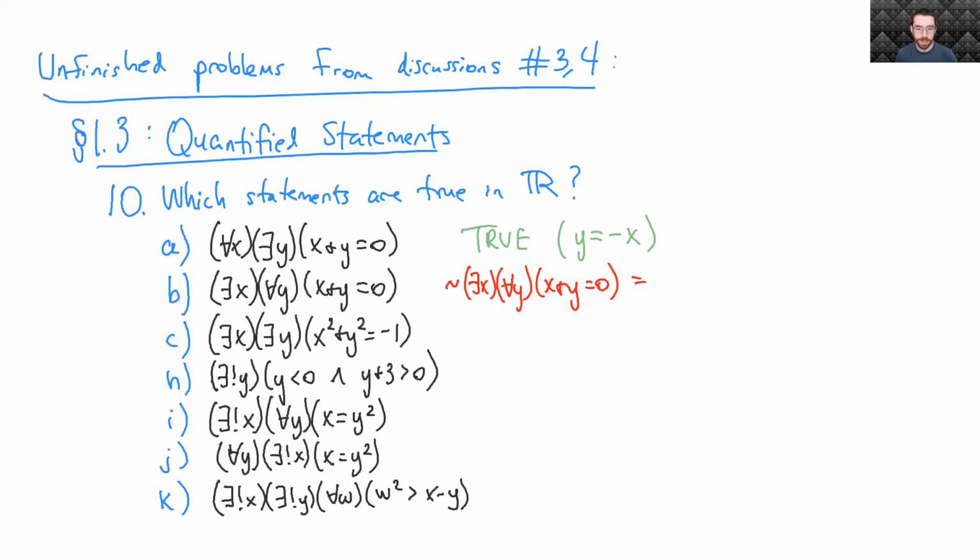Here we have to recall how to negate quantifiers. Just a little side note to ourselves. The negation of a statement like, for all x, some predicate p holds, would be there exists an x such that the predicate does not hold. And similarly, the negation of there exists an x such that a predicate holds would be for all x, the predicate fails, so not p. With that, we can